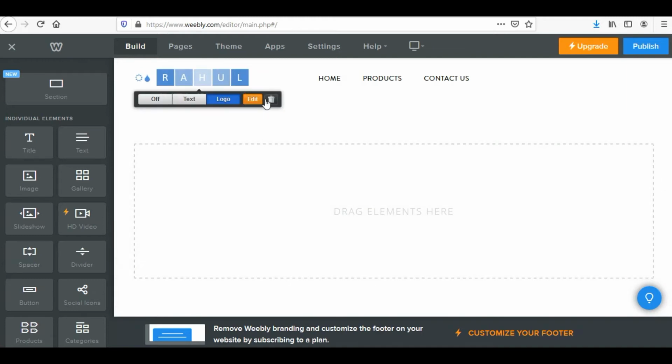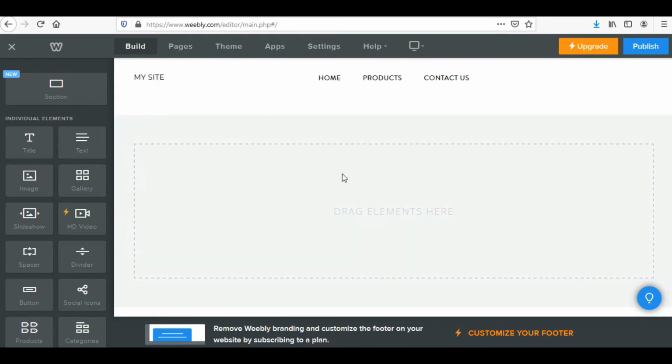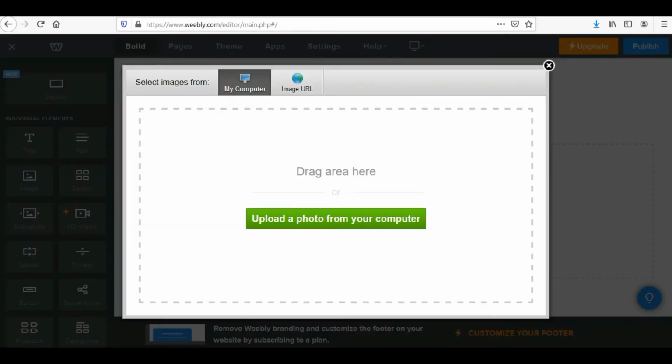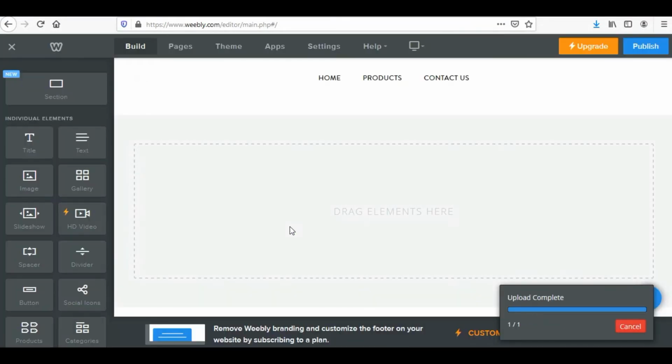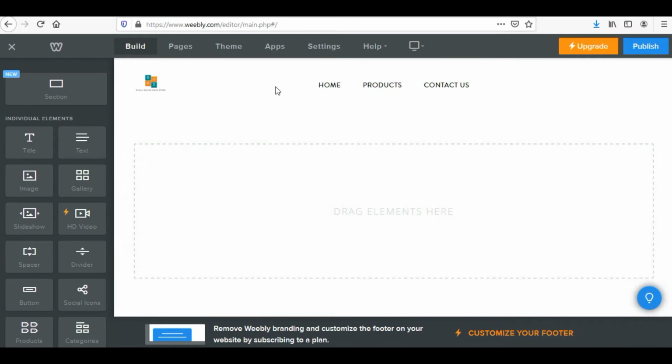Now in order to replace this logo, I'll move my cursor to the existing logo in my Weebly website. These options would appear. I'll click on delete. I want to remove the logo. I'll again take my cursor over this logo text. I'll select logo. Now I would be dropping this new logo over here. So it is up to you what kind of logo you prefer. So this logo has appeared over here. It is upon the liking of a person what kind of logo you want to create. So you can create some stunning logos using Canva, or you can use any other paid tools to which you have access to create your logos and just showcase your skills.